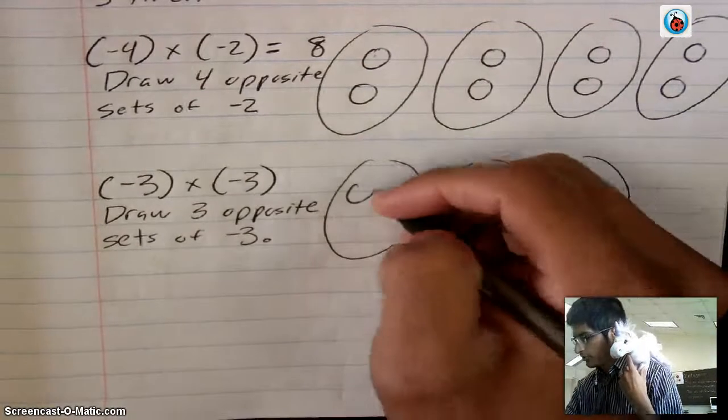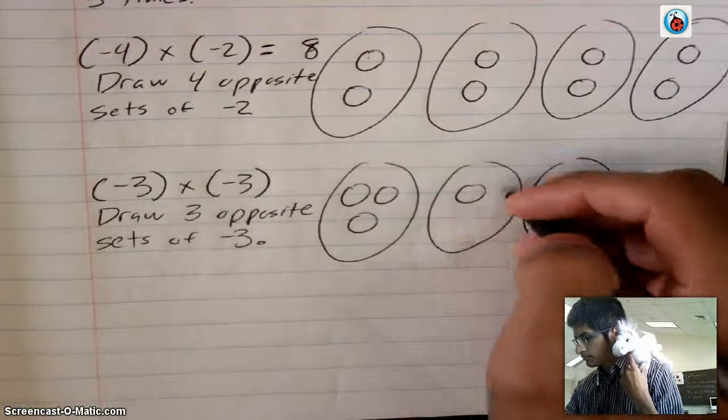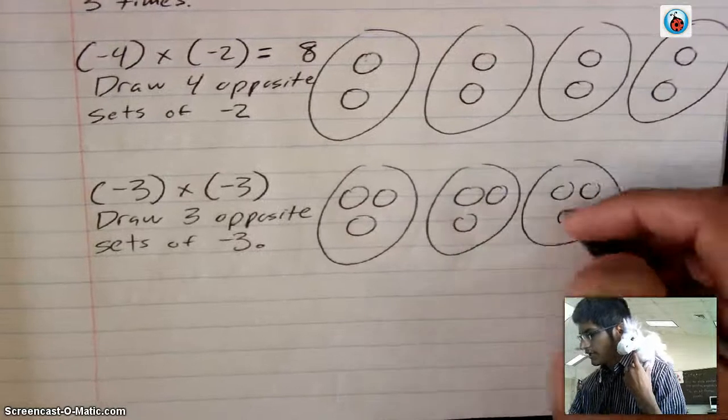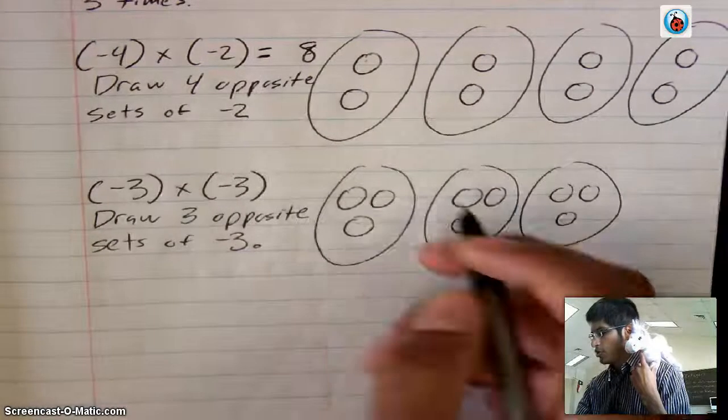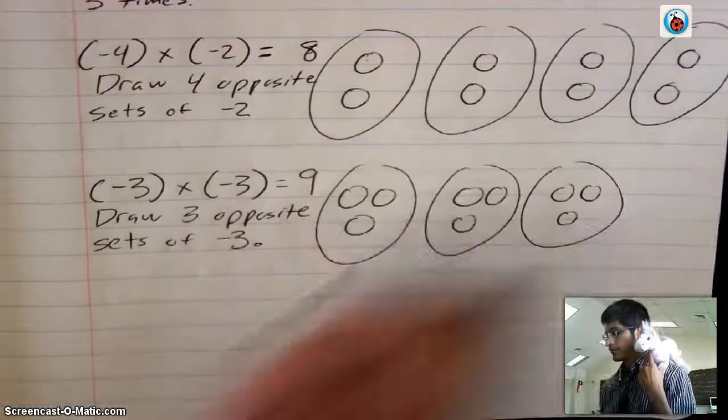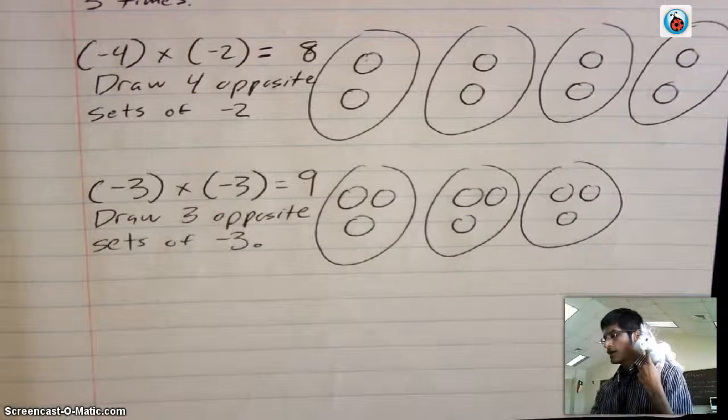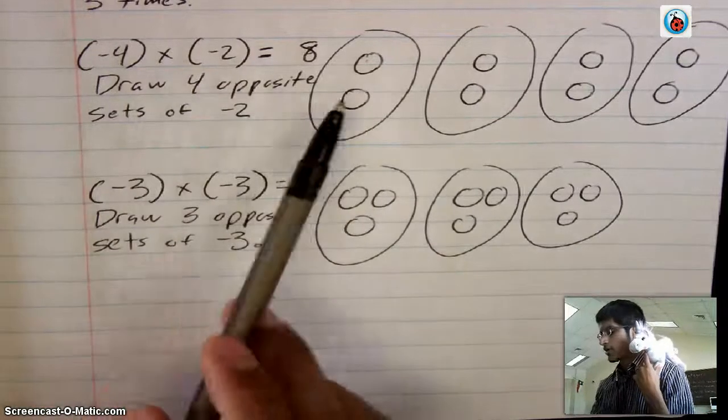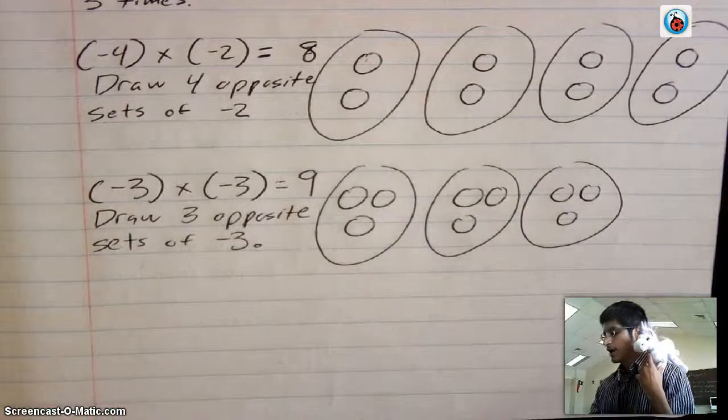So I'm going to draw 3 positives. And altogether, I'm going to have how many total positives? 9. Very good. So I have 9. So you see, if I always multiply 2 negatives, I'm always going to get a positive because I'm doing the